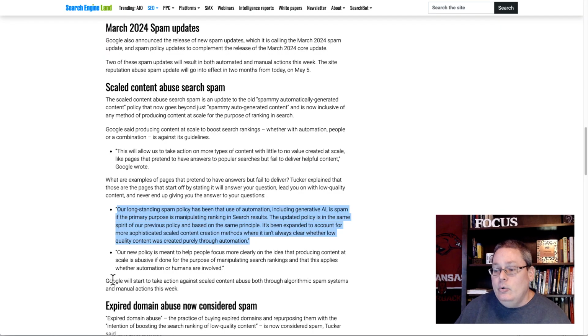And it's all about their long-standing spam policy, and really understanding no matter whether you're using AI or you have a human or a team of humans writing all the content, they're saying if you just create content for the sole purpose of building out a site just to manipulate the rankings or to manipulate search, or to be an SEO and to create content at scale for the sole purpose of trying to manipulate or trick the algorithm into getting you ranked, no matter how you do that,